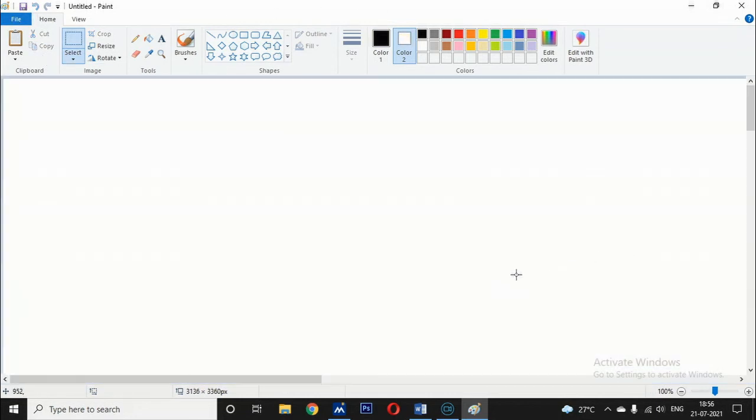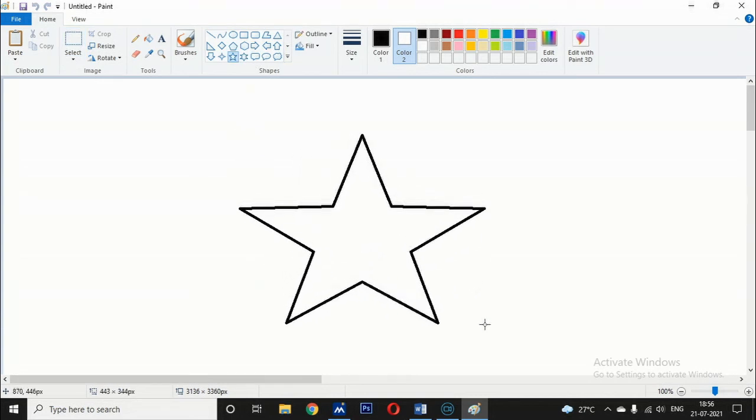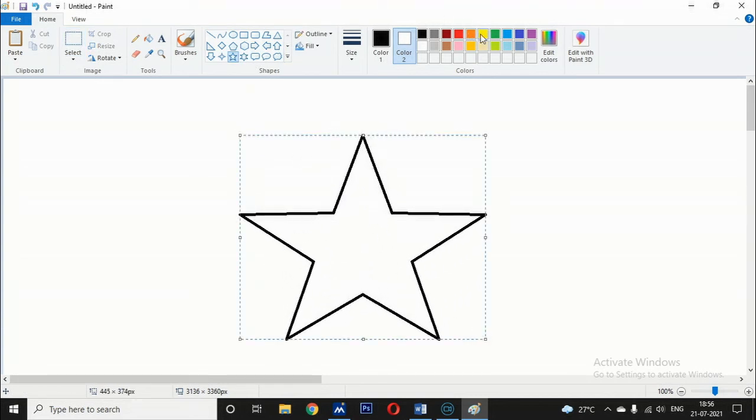Okay children, now let's move to the undo and redo options. The undo and redo buttons are available on the quick access toolbar, or title bar.